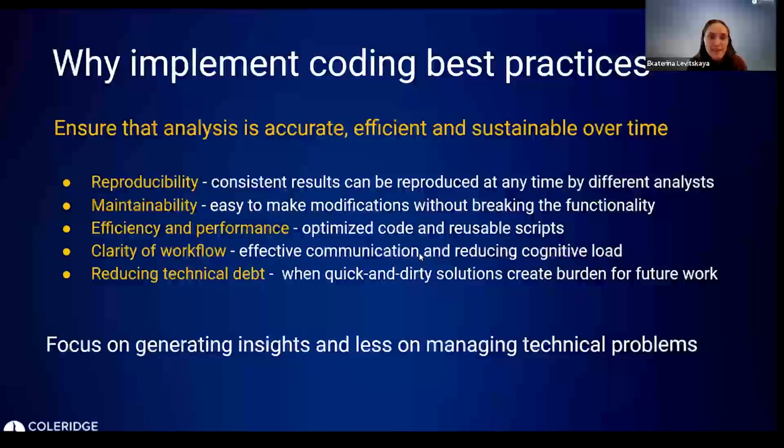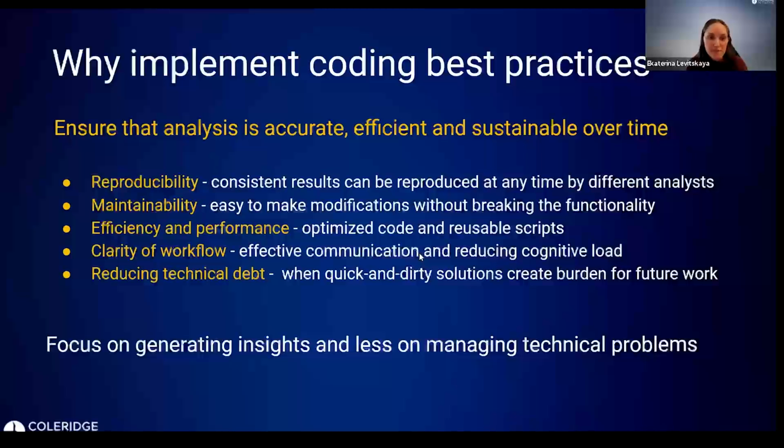We also want to make sure that we write efficient and optimized code that reduces unnecessary computation, memory usage, and that's especially important when we're dealing with very large data sets. In terms of the clarity of workflow, following best practices like commenting, clear naming conventions, making sure the code is transparent and the code structure is easy to understand. So all of this helps us to focus on the problem at hand without being distracted by hard to follow